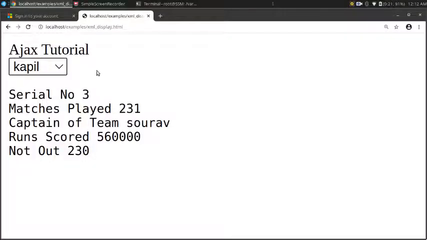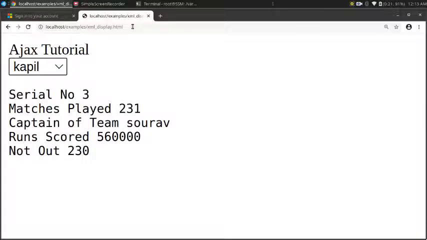Now you might have observed I am not reloading the whole page. I am simply displaying the particular record of the XML file. So this file is not redirected to PHP, it is there in XML only, and that is the speciality of Ajax. It gets the output from the web server without reloading the whole page, and that is why it is called a dynamic web page. A dynamic web page is possible only with Ajax.